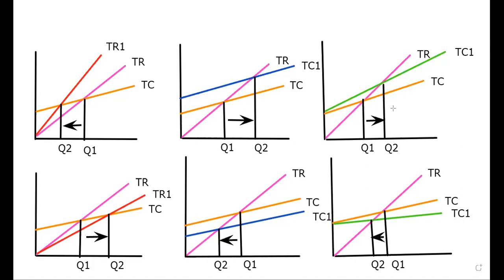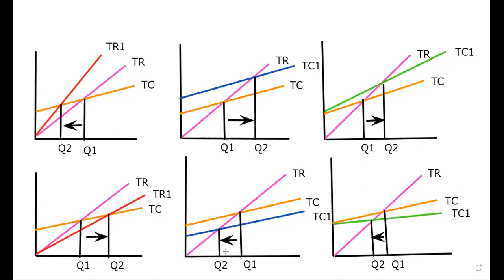Here now we can see the relationship. With revenue and the break-even, there's a negative relationship. Revenue increases, break-even decreases, and vice versa. But with fixed cost and variable cost, there's a positive relationship. When fixed cost increases or variable cost increases, break-even increases to the right-hand side. On the other hand, when fixed cost decreases and variable cost decreases, the break-even quantity will also decrease. So there's a positive relationship between cost and break-even.